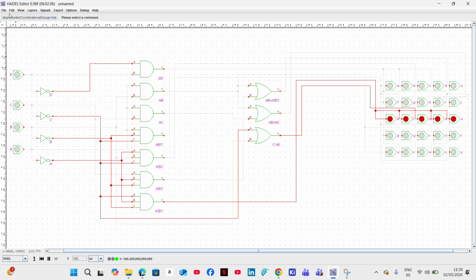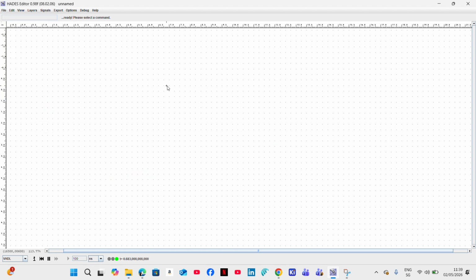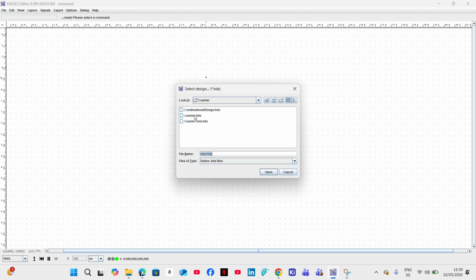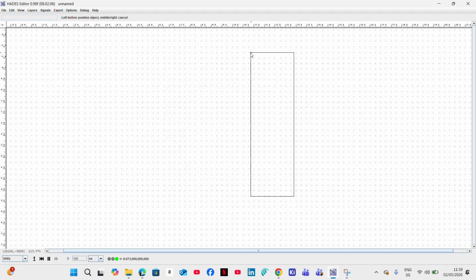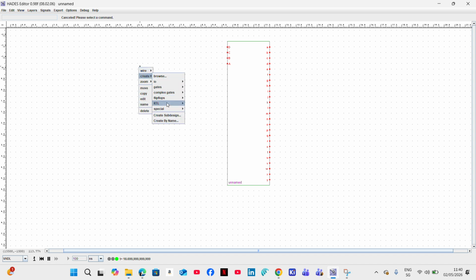So I'll come to File, then New File. So I'll right click, create sub-design. I will pick the combinational part. So this is my combinational part. Then I also pick the sequential part. So right click, create sub-design,